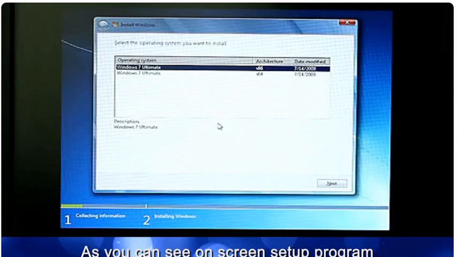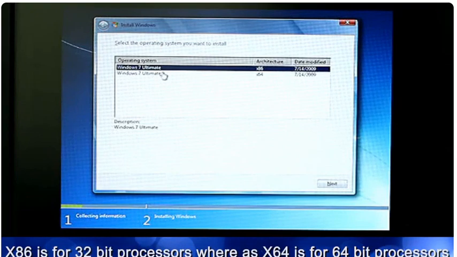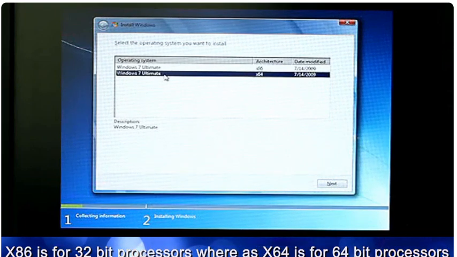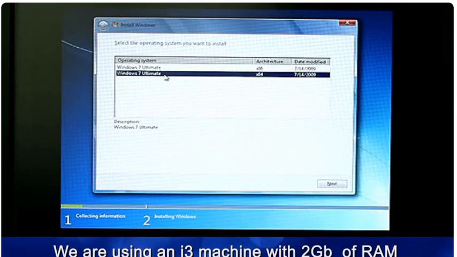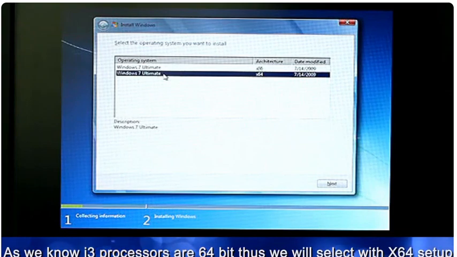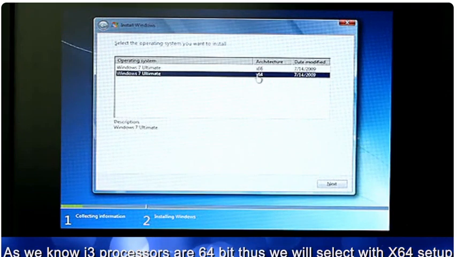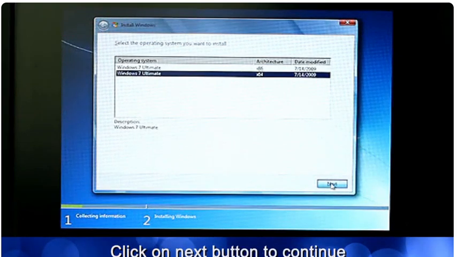As you can see on screen, Setup program provides choice for two types of setup. x86 is for 32-bit processors, whereas x64 is for 64-bit processors. We are using an i3 machine with 2 GB of RAM, and as we know, i3 processors are 64-bit. Thus, we will select x64 setup. Click on Next